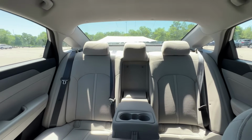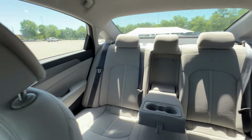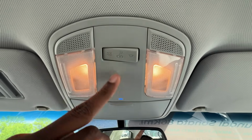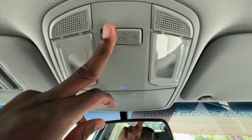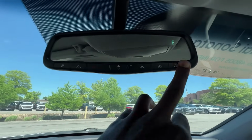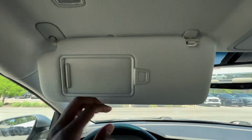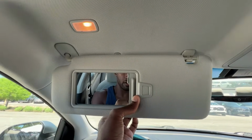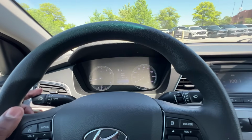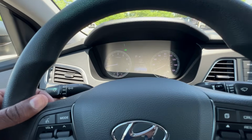There's a look at the back seat from up here. And then up here, sunglasses holder. There are your lights. And then you have your Blue Link SOS, garage door transmitter, vanity mirror. And then going back to the steering wheel itself, left side stock, blinkers,